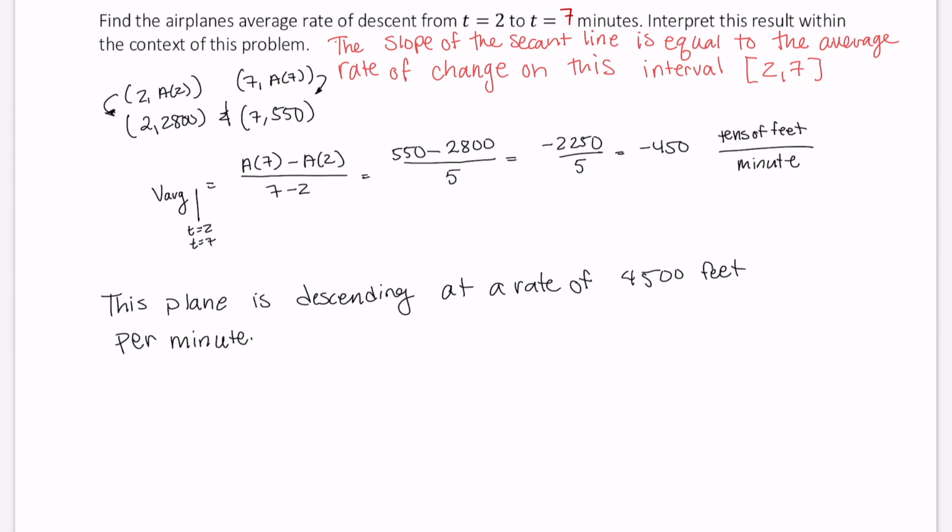Oh, and let me add one last thing here. I didn't say the interval, which is important. I mean, between what time and what time, between how many minutes and how many minutes. So this plane is descending at a rate of 4,500 feet per minute between 2 and 7 minutes